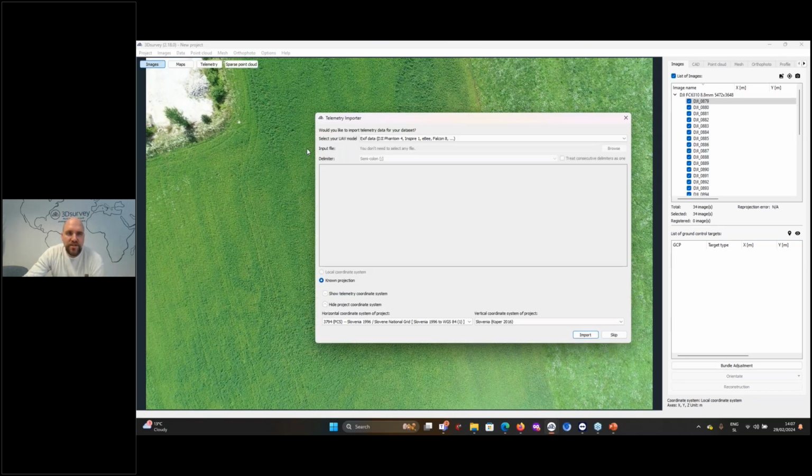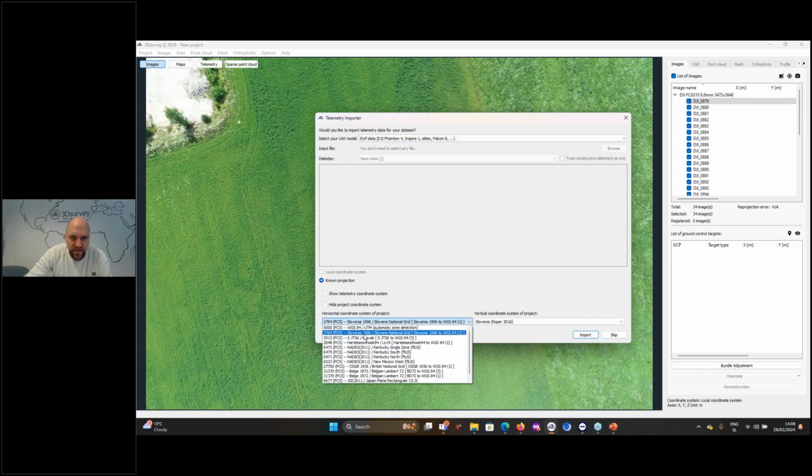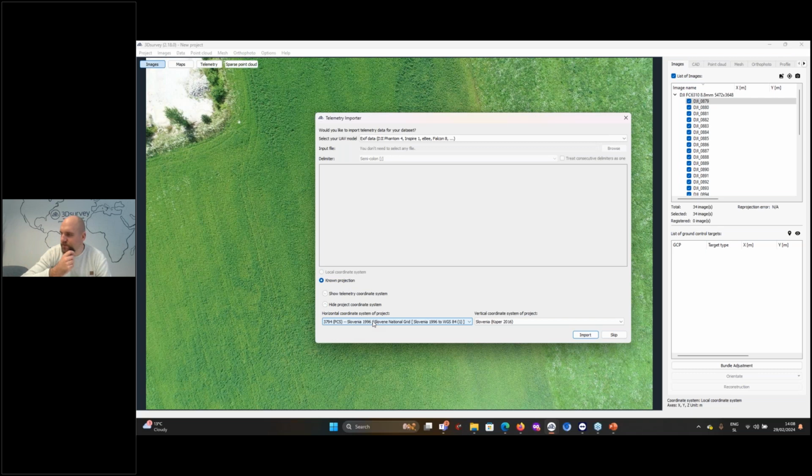When we select the images, the software also asks us if we want to import telemetry information. For 99.9% of the users, we leave this one on EXIF data. The drones write the telemetry information into the images themselves. This is called EXIF. And here we just set up our coordinate system. This example here is recorded in Slovenia, so I select the Slovenia coordinate system. We are redoing the coordinate systems now, so we already have a new version we are working on.